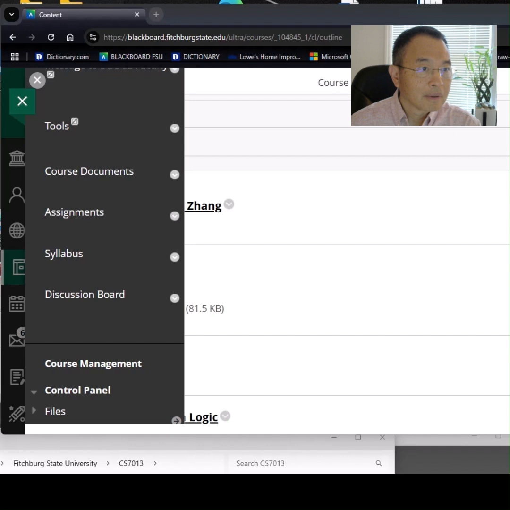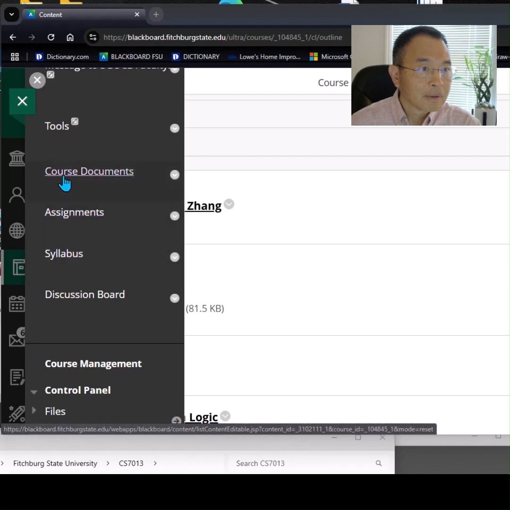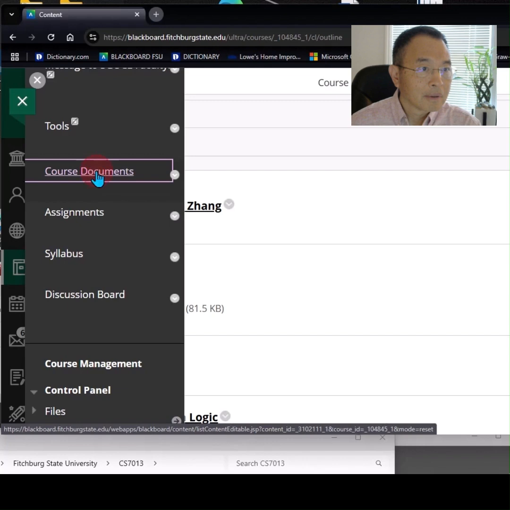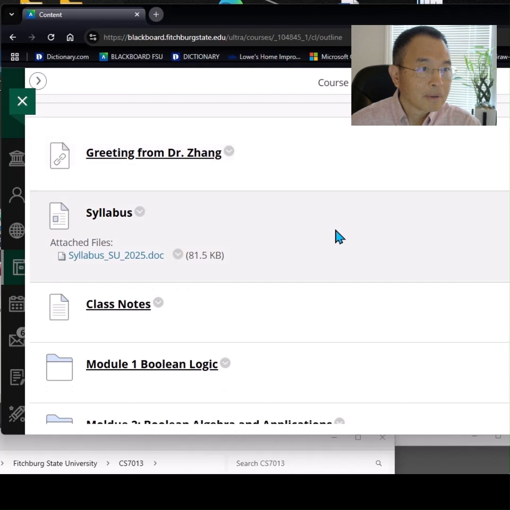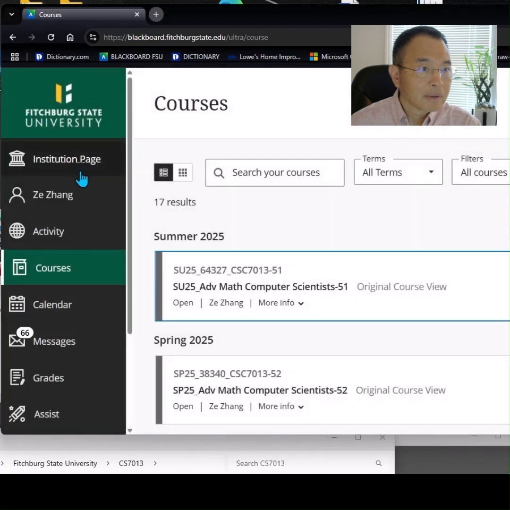The second link I want you to pay attention to is the course modules. They are under this course documents link. That's our modules. The course is organized in modules, and each module has content, notes, videos, and other material related to that part of the class. Or you can think of it as a folder. And please also check the link on a regular basis. Of course, that's where you start your work.